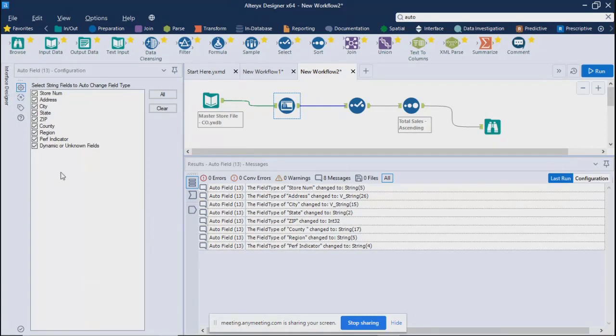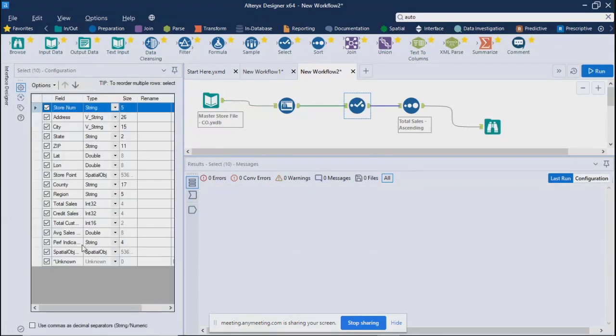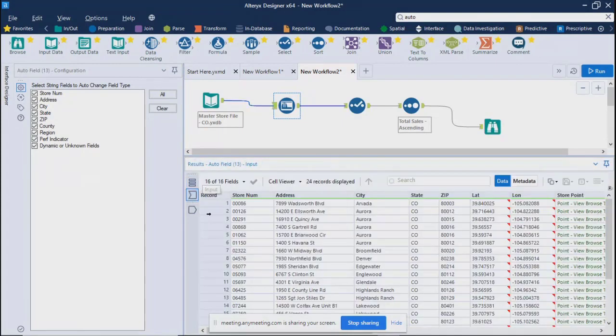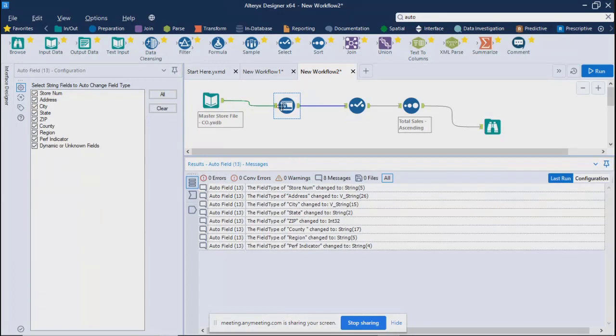Over here, you don't get the data type and you are not getting all the fields. You have these many fields in your data, but you are getting only the fields which are for string. See, even zip has been changed to int32. So the fields which were part of your data and were in string format, only those will be shown in Auto tools.